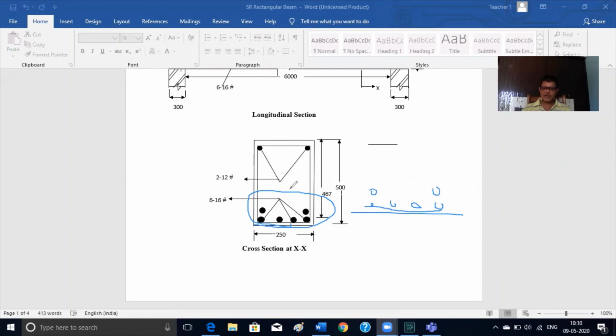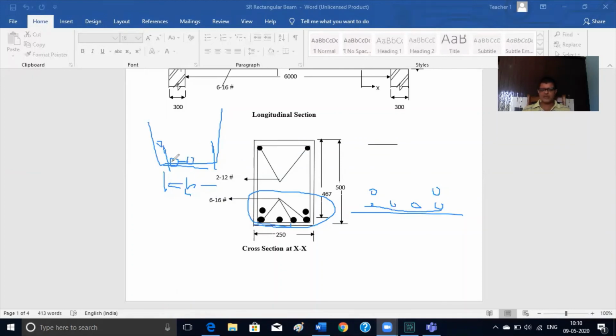Because what is the concept? Let me show you that this is the total width B. So you have to put cover on both sides, the CC. So 25 is gone, so 50 millimeter is gone. Out of 250, 50 millimeter is gone. So available is 200. Within 200, you have the bars, and also there will be spacing between the bars. The spacing between the bars has some specification given in the code. Go through that. It shall not be less than the diameter of the bars or 2/3 of the size of the coarse aggregate. So these values generally come to 25 millimeter.